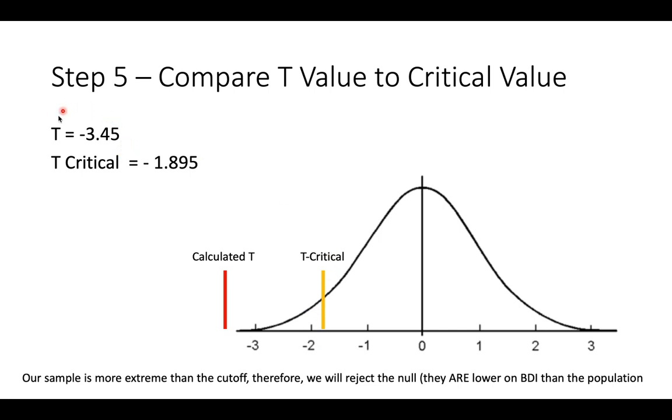So if our psychology majors are more extreme than this point, so anything to the left of this critical value, then we would conclude that they do in fact differ from the population substantially. They are lower on depression than the average student. And so when we plot our critical value of negative 1.895 that we got from our table, and then we plot our calculated t value of negative 3.45, we see that they are in fact significantly different. They are more extreme than the cutoff, right? They're way out here in the tail of the distribution, meaning that